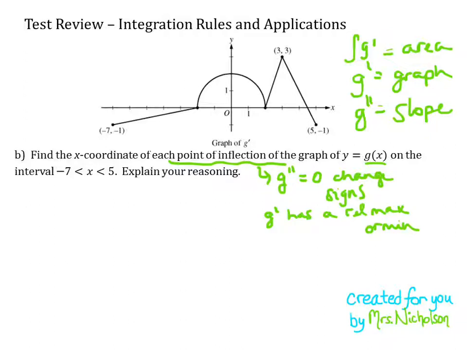So we're going to go back and look at the graph, and I have a relative maximum or minimum. I have one right here when x is 0. I've got a minimum right here at x equals 2, and I've got another maximum up here at x equals 3. So here's how we're going to answer this question. We're going to say that g has inflection points